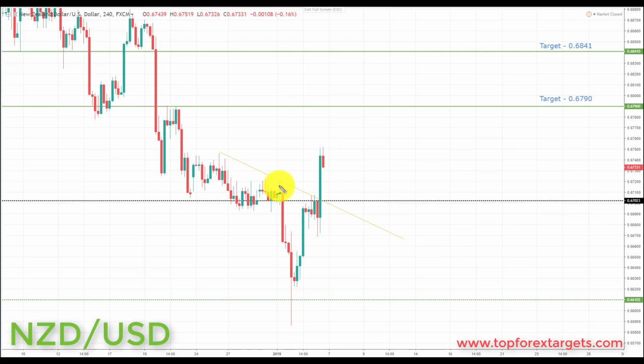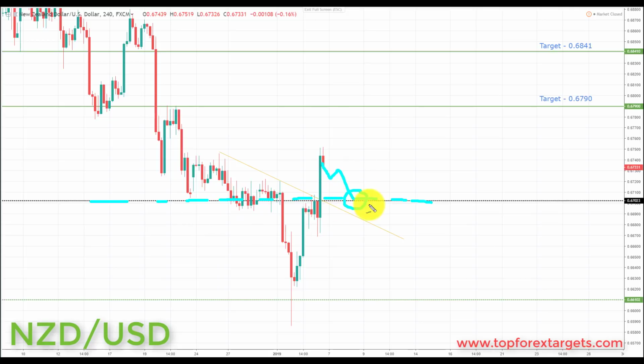Now we had a flash crash in this pair again last week, very similar to the Aussie dollar. No need to actually go over the reasons behind this again. But we start the week going into this week above the key area of broken resistance, looking to turn support at the 0.67023. If we can get a pullback, and preferably a retest